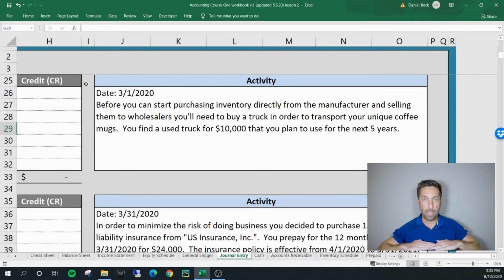The company right now only has cash. We now want to take that cash and we want to buy another type of asset, and that asset happens to be a fixed asset or a truck in this case. So let's go to our journal entry now,